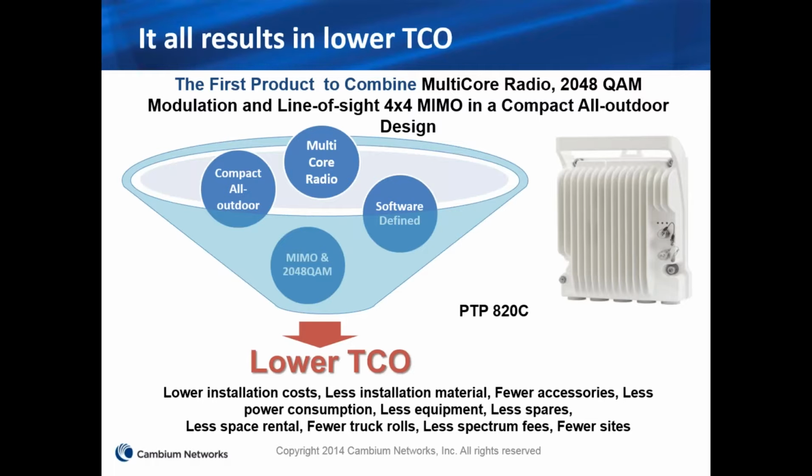And the biggest thing about this radio, once again, for reverse auction, is that it's all based on lower cost of ownership. More capacity in a single core and smaller antennas mean that you have less power consumption. You have smaller antennas, which means less lease space. Everything that goes into helping you craft a successful reverse auction bid, we've tried to design into this radio, so that if you use it to get access to an area that you may not have fiber in right now, then the PTP 820 gives you an excellent, cost-efficient option for that. Next slide.